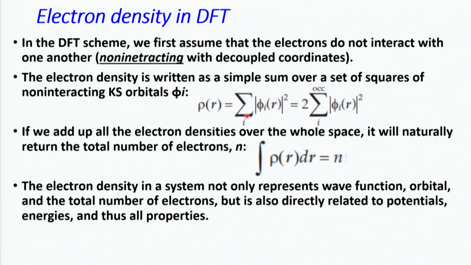You should not confuse this orbital with the true wave function based orbital. These orbitals are used to get the density, and this density is used in the energy equation. During the iteration process we change only these Kohn-Sham orbitals, so that we also change the density. And essentially we can take the